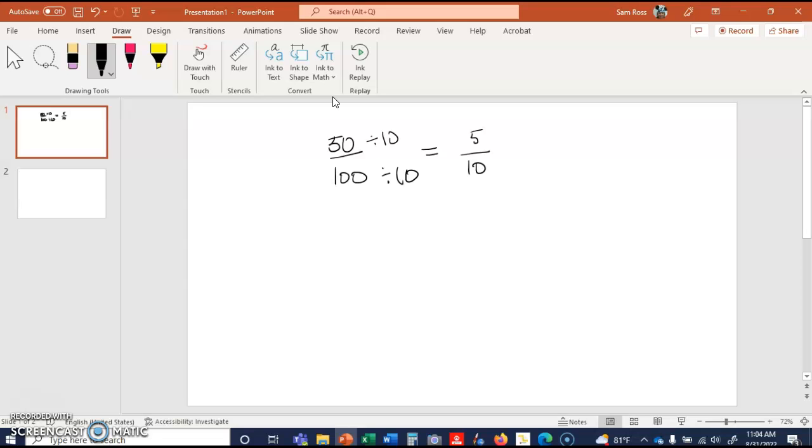But I can still reduce this because I can divide both the top and the bottom by 5. So 5 divided by 5 is 1, and 10 divided by 5 is 2. And that would be my answer. When I type that, I would type 1 backslash 2. Okay, let's go back to our